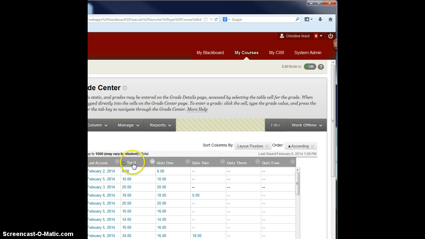I'm in your full grade center. I cannot show you student names because that's against the law. So you know who your student is, and I know who your student is, and I'm betting it's this student right here. And so I want to show you exactly what happens when you want to look at what a student has done in a test